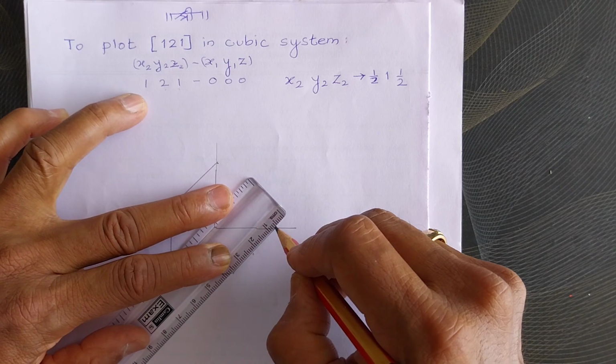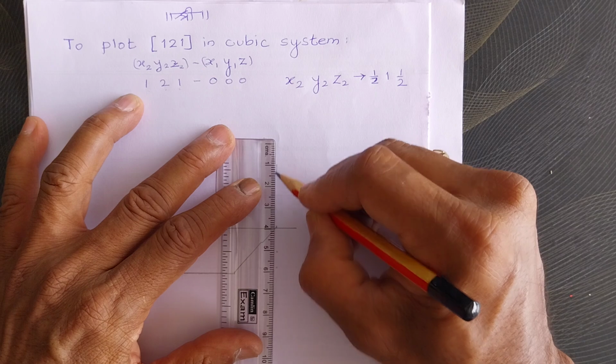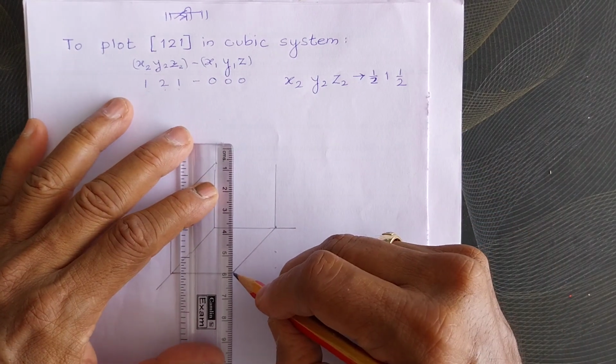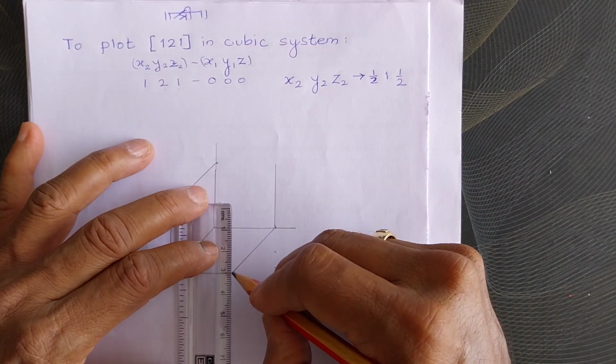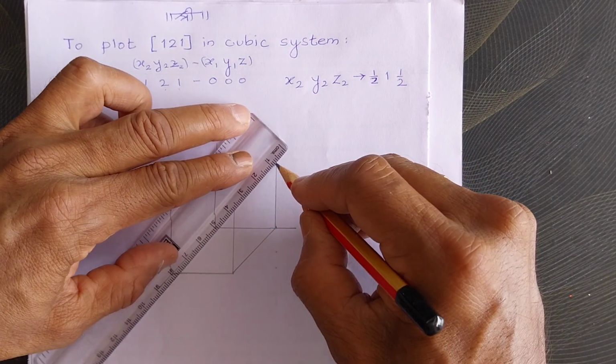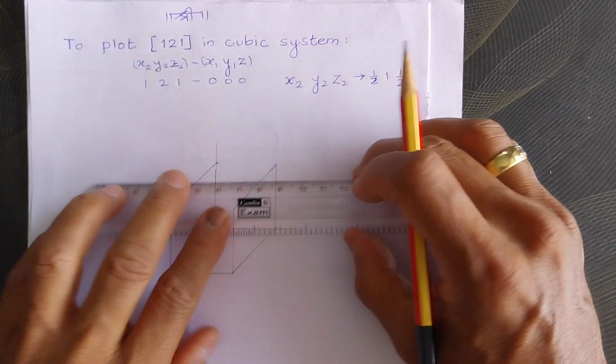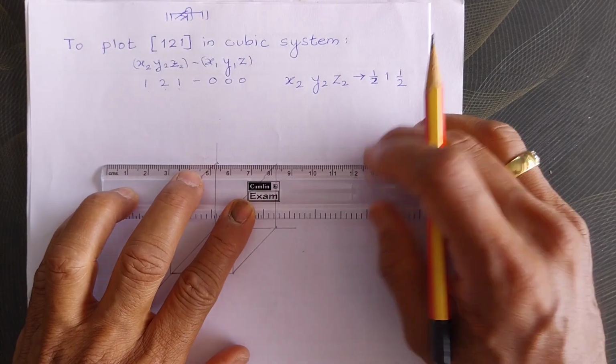So this distance is 30 mm, from here vertical 30 mm and from here vertical 30 mm. These two verticals at 30 mm when joined, a figure for the cube can be completed. We also need to mark